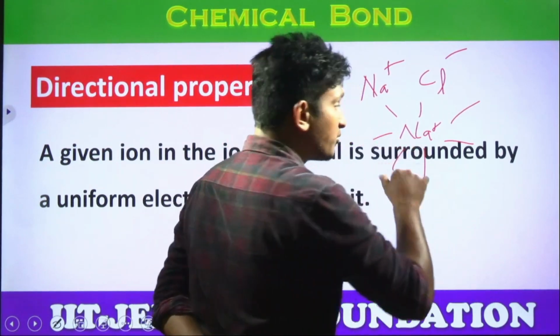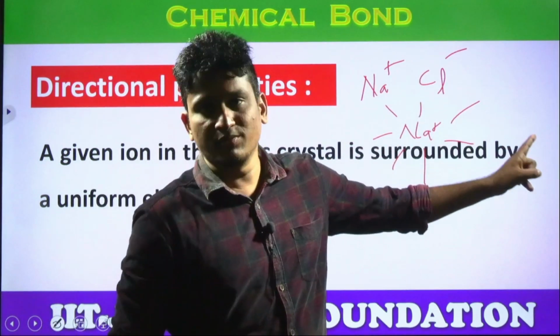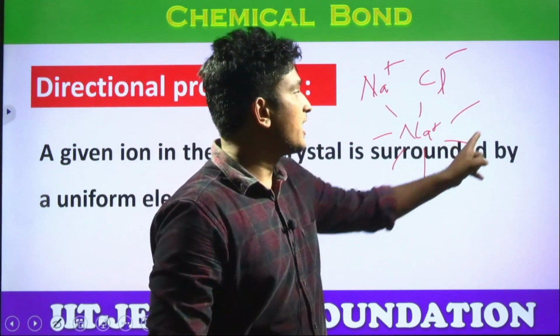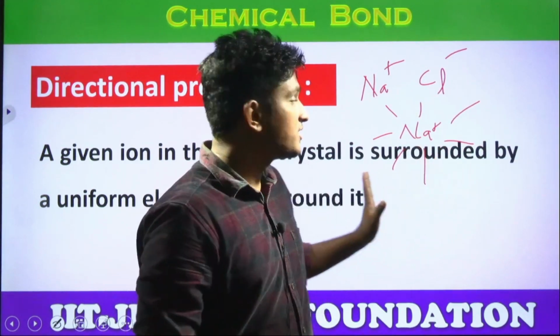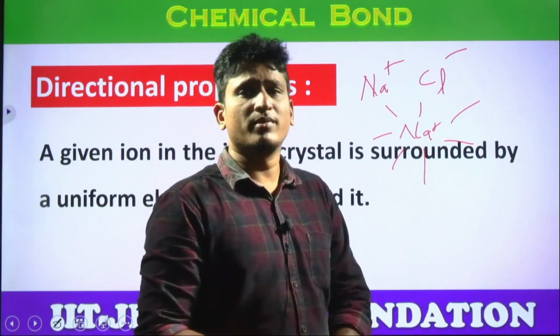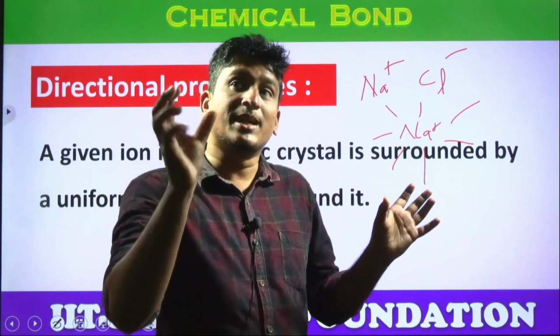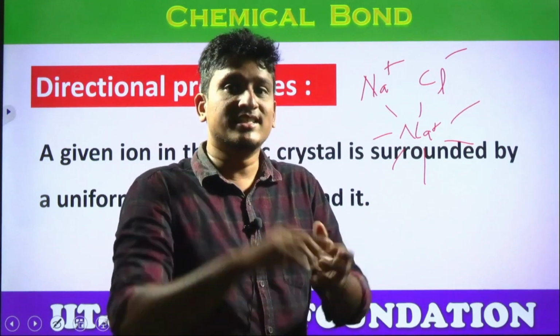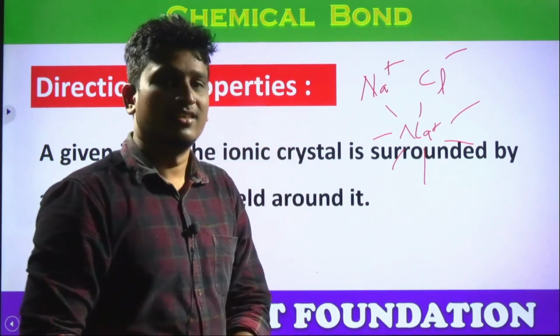And one more thing. In the crystal lattice, one sodium ion is not bonded with one chloride. One sodium ion is surrounded by many chlorides, 6 chlorides in general. Sir, then how can the formula be NaCl6? No. That chloride also does not give its complete negative charge to one sodium. It is giving 1/6 of its negative charge. Okay, that's a completely in-depth concept.